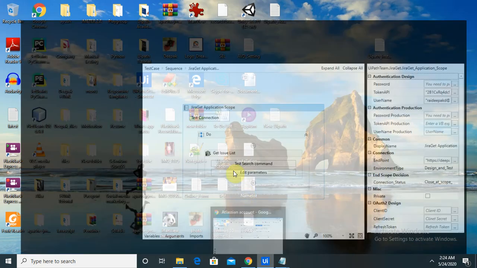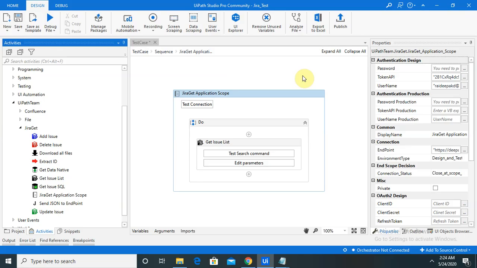In this session, I will explain how to get the defect list from Jira in UiPath. Basically, whenever we are working with the Jira tool and integrating it into UiPath, it's always required to get the details of Jira and enter the same type of data for logging any defects. Defects are nothing but issues. For that, we are going to use the Get Issue List activity in this session.